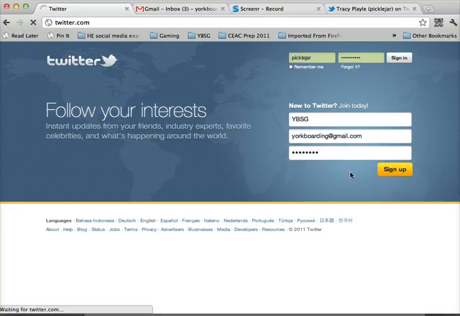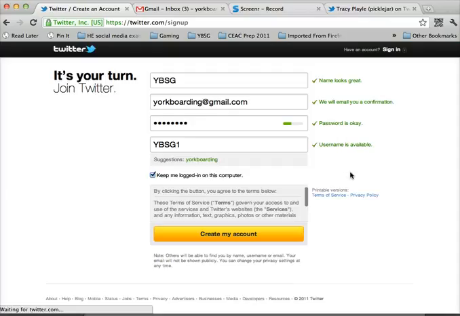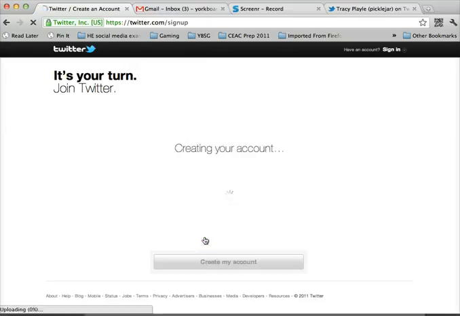Okay, click on sign up, and now what will happen is it will ask us for what we want our username to be. So this is what the actual name is. In my case it's picklejar. In this case it's asking what we want that to be. Now I'm going to suggest that we actually put York Boarding for this, largely because those words are a lot more searchable than YBSG. People don't necessarily know what YBSG stands for, or we could go for York Schools or something like that. We can set up a different account later on if you decide that's not the username that you guys want. So I'm now going to click on create my account,